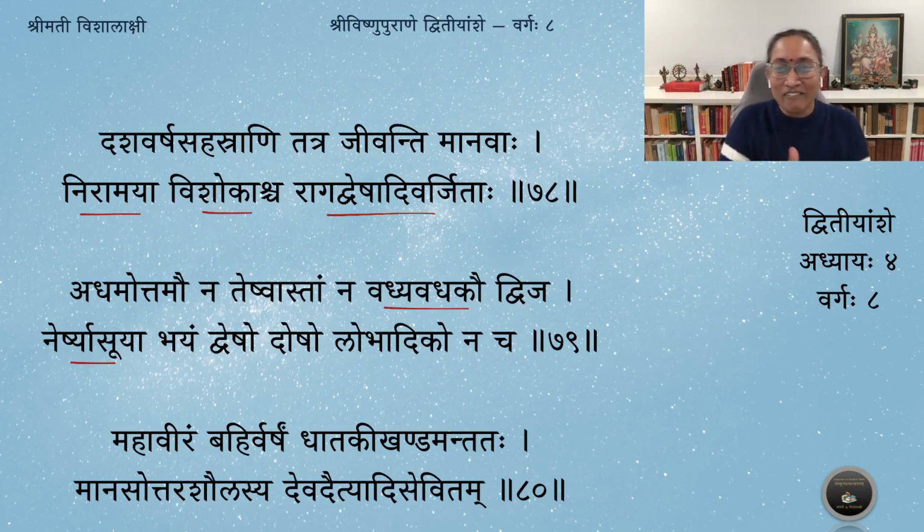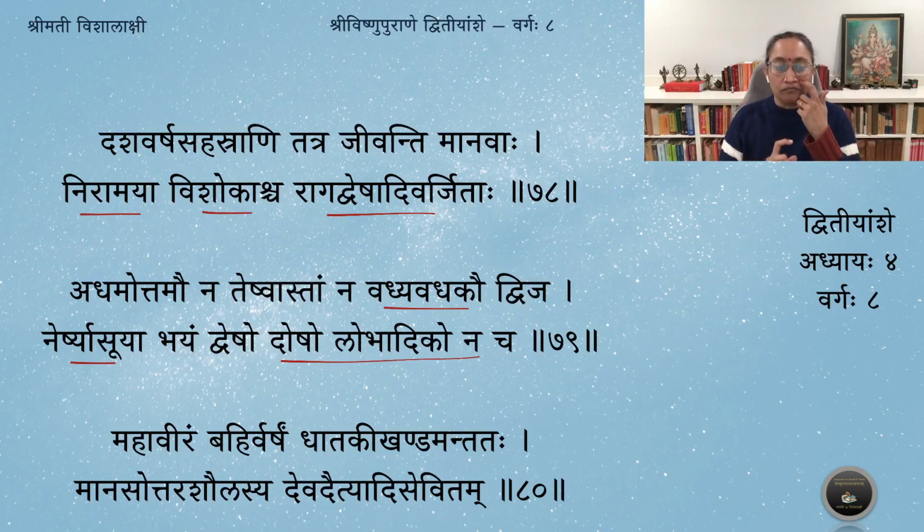If someone is standing very close by, enna dheeryam paru avanukku அப்படிங்கிறது. அந்த மாதிரி beautifully Niti Shatakam Bhartrahari brings out these qualities very beautifully. Irshya, Asuya, na astam. These two are not there. Or na asti iti. Irshya nasti, Asuya nasti, Bhayam nasti. There is no fear. Dveshaha, no hatred. Lobhadikaha, doshaha iti. Take these two together. So there is no fault like lobha, etc. Whatever you call as ripu, the enemies of the mind, none of these qualities, none of these mistakes or doshas are present in the people who are there in Pushkaradvipam.